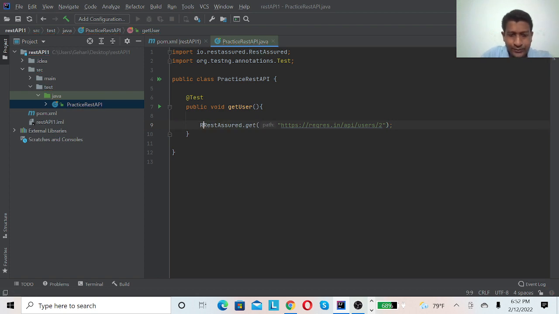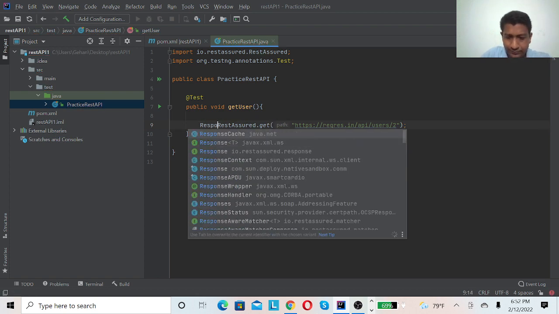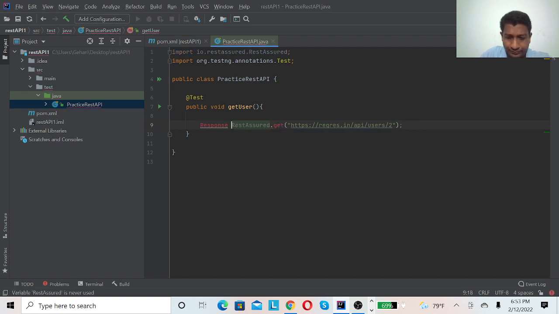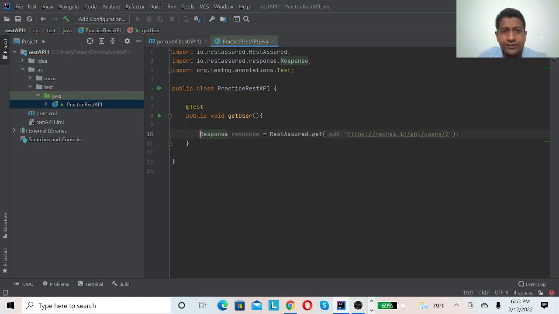You can assign it to a response, and I will import the Response class, which is under Rest Assured. Here you can see I have imported, and you can remove this RestAssured if you make it static here.